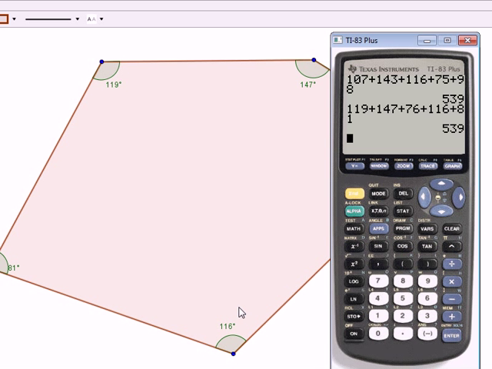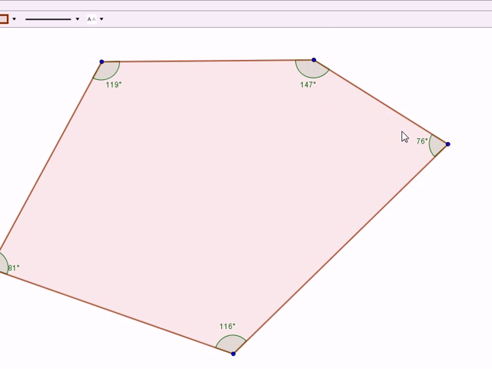It actually figured out what they really are, and that's why it's not 540. It should be 540 technically, but you get the idea. I hope that doesn't bother you too much with the rounding part. All right, I think that's pretty cool. It's a great way to show you that no matter what the shape, I could have changed the shape of it. It still had 5 sides. It's still